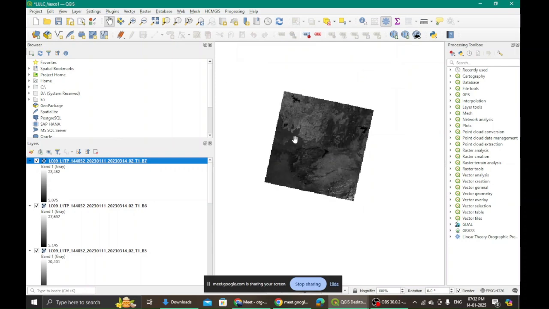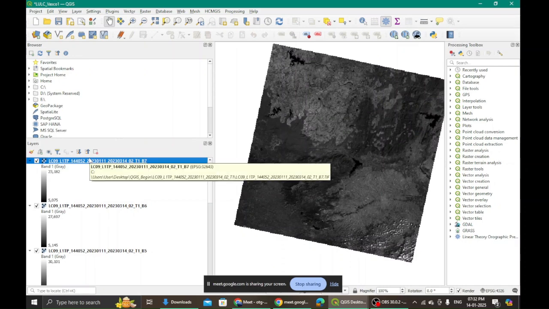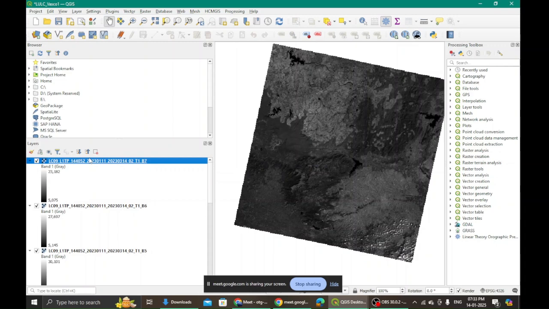Okay, this is setup. Could you view? Could you zoom to the layer? Anybody could zoom to the layer besides Darpan, Pooja? Anybody else? Anybody else? Besides Darpan, Poonam?